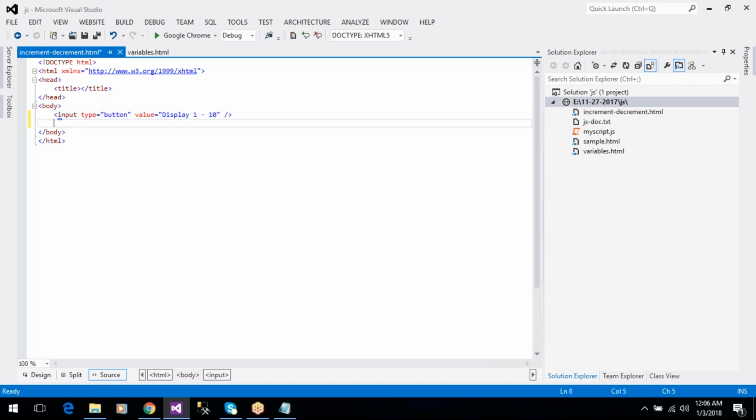We can take another button, display 10 to 1. So we can take a paragraph, id equal to p1. So in script we can create two functions,